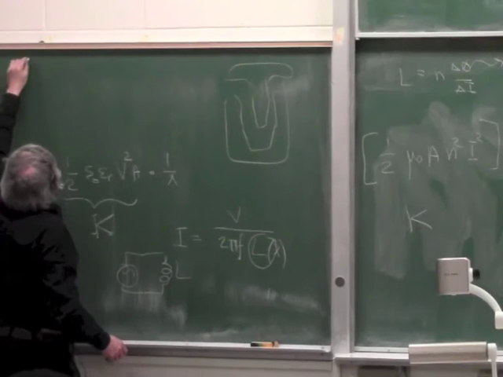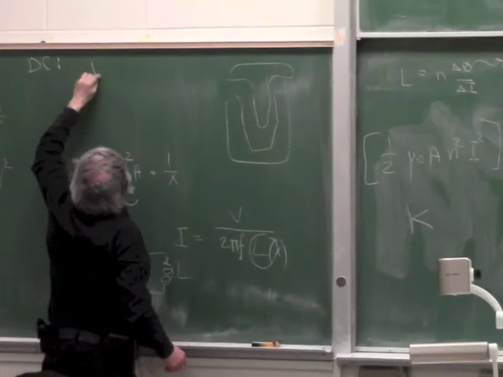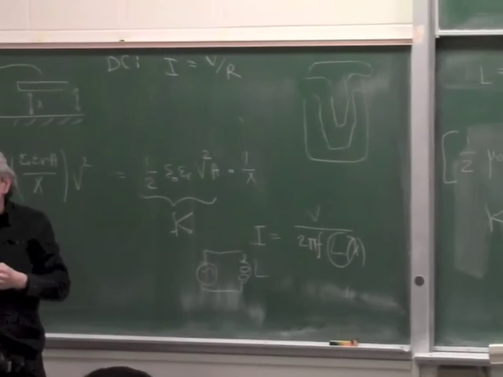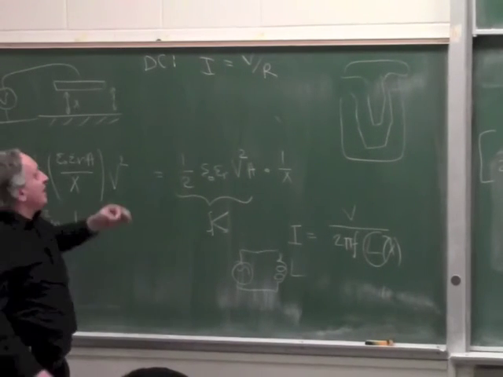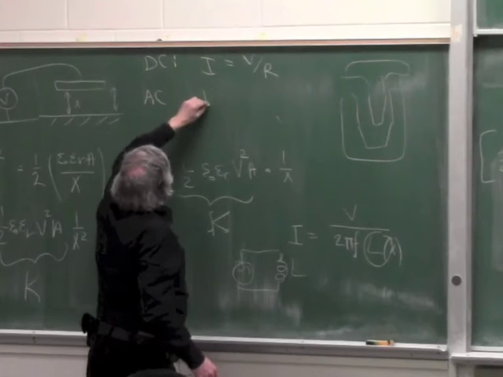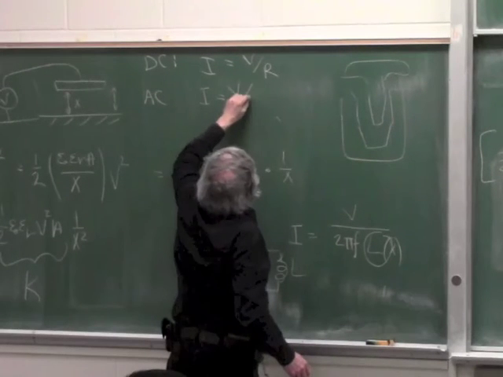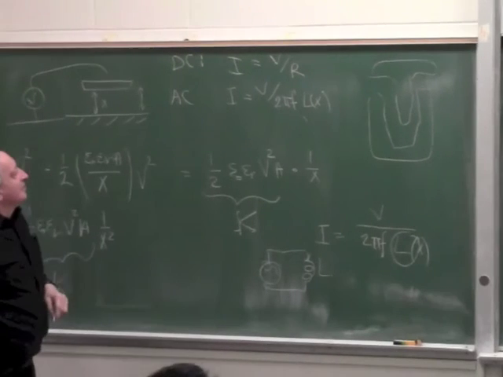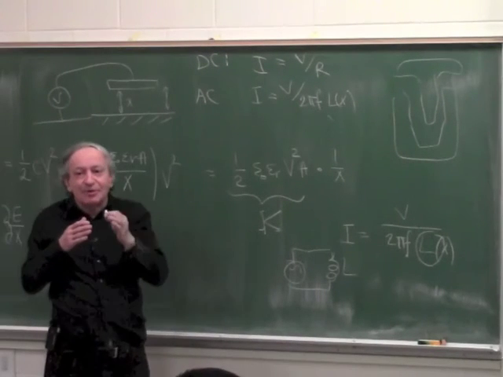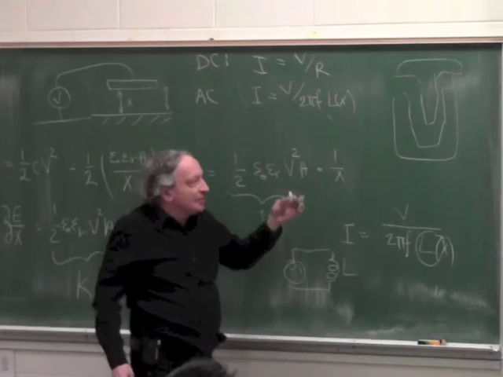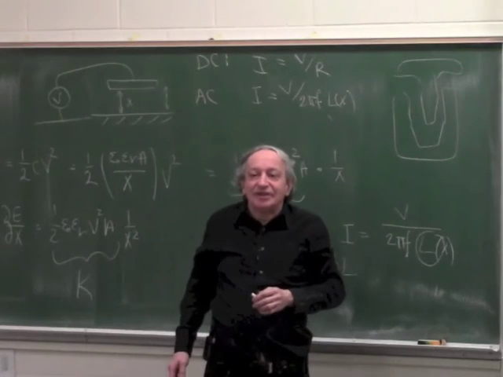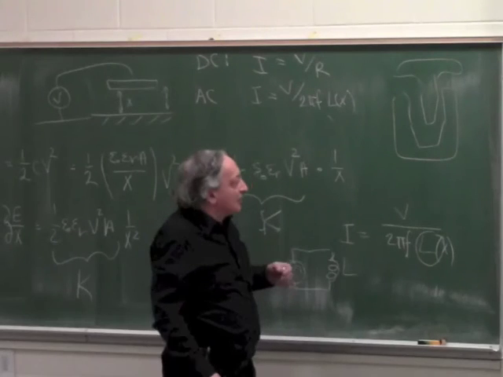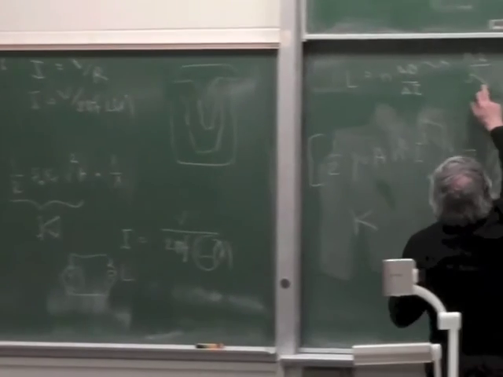So in DC, I is V over R, but nothing here is a function of x. Okay? In AC, I is V over 2 pi F L, but L is a function of x. So as x becomes smaller, L goes up, and L is actually proportional to 1 over x, because if you plug in the numbers in this formula,